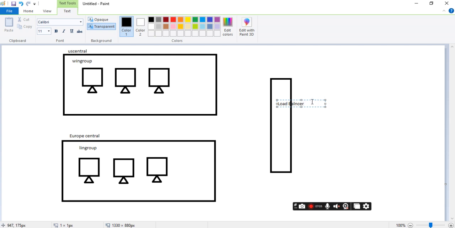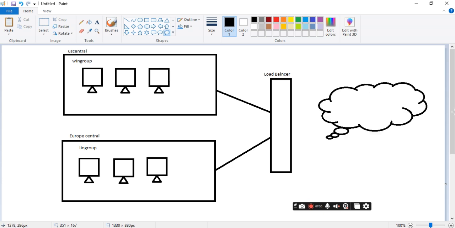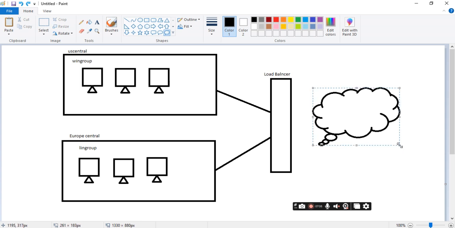This load balancer will evenly distribute the traffic across the regions, and the clients on the internet, and this is the internet, will get